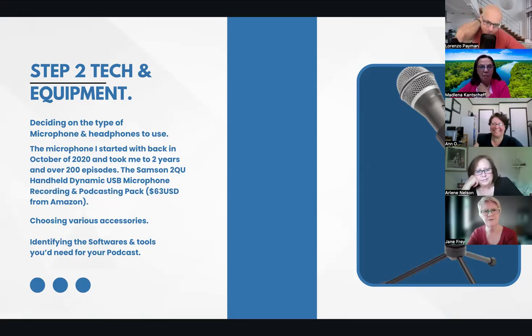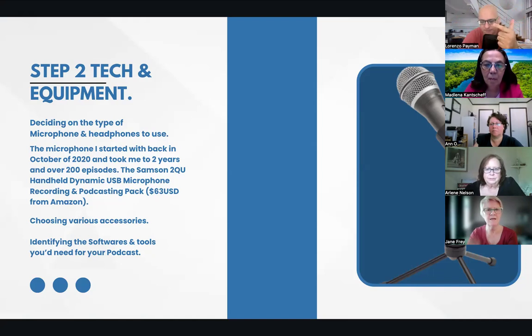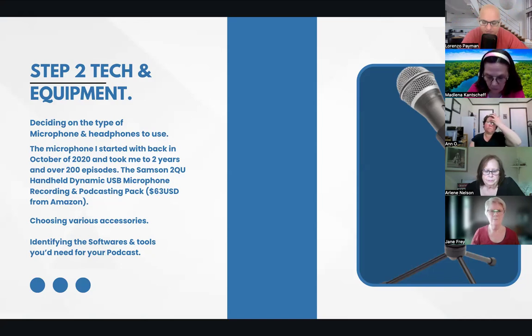What was that filter you were describing? This is a more fancy one, but the one that I got on this one is like a little piece of cloth that you put on top. I understand the function, but what is it called? Pop screen filter. Okay, thank you. Pop screen filter. Very welcome. So get a microphone that comes with it. If you already have a microphone and you don't have a pop screen filter, or it's quite old, you can get a new one for less than $10 on Amazon.